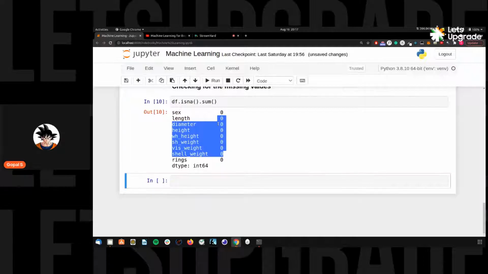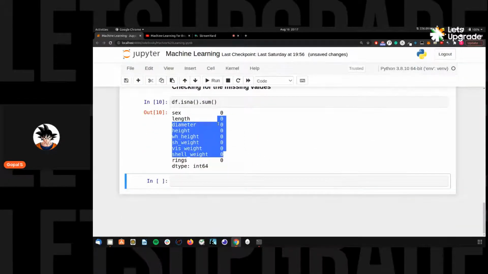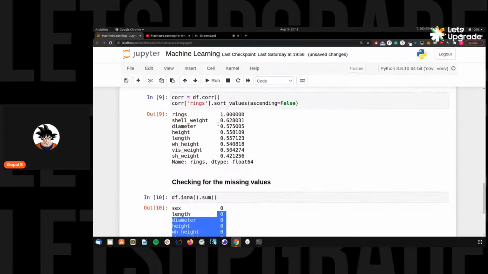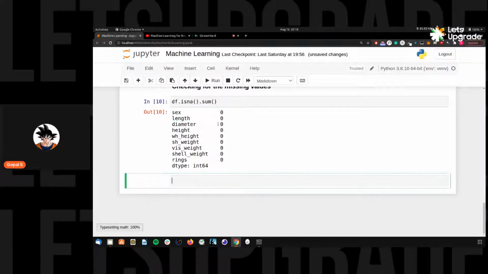Okay. Since we don't have any numerical or categorical values missing, next what we can do is check the distribution for each of the numerical features. So we can tell how exactly a single feature is distributed. So let's check the univariate